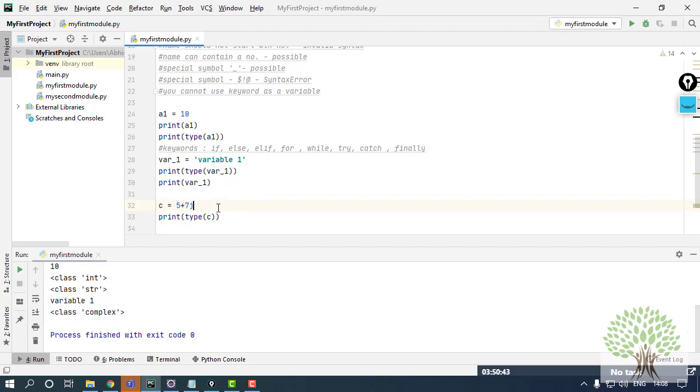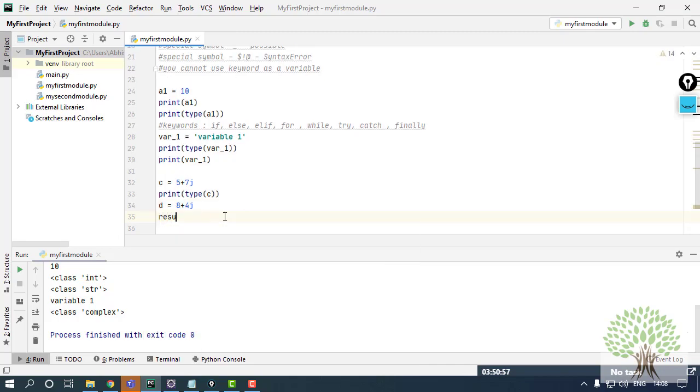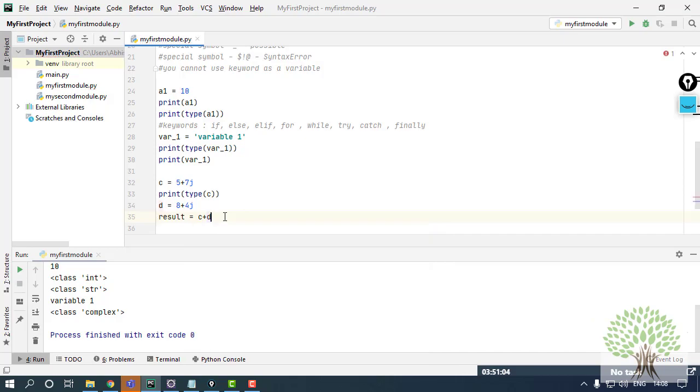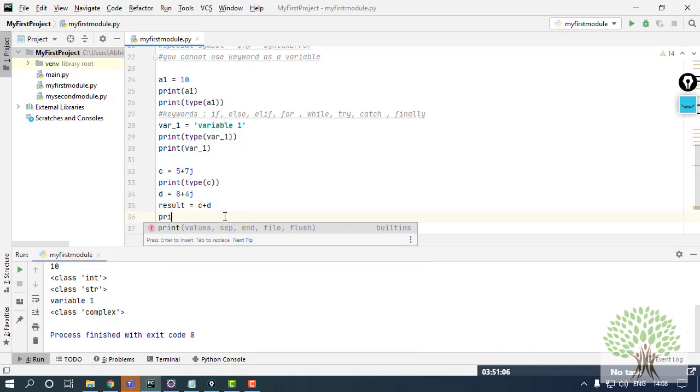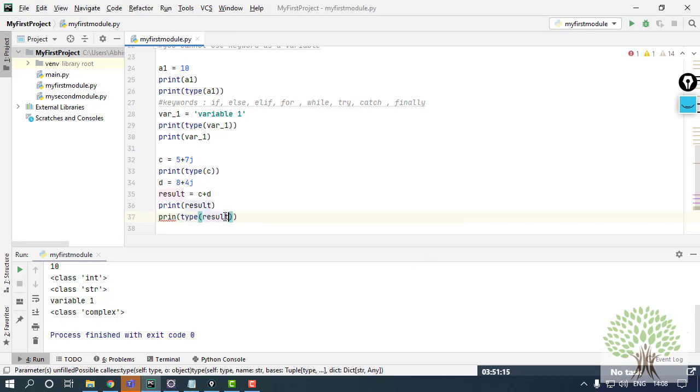If I have another variable, let's say d is equal to 8 plus 4j, what I can do is result, a variable in which I am going to add the complex numbers c and d, and ultimately I am going to print the result variable, and also I would like to get the type of the resultant variable.